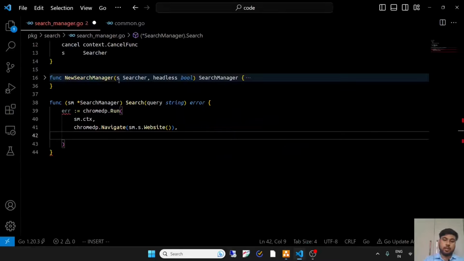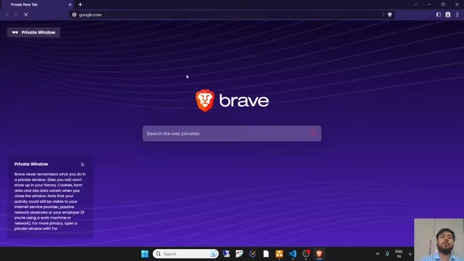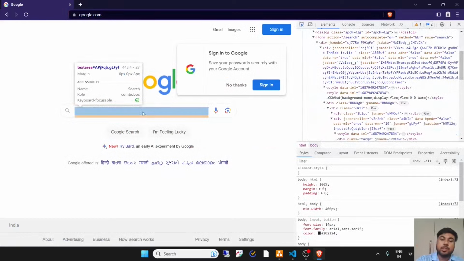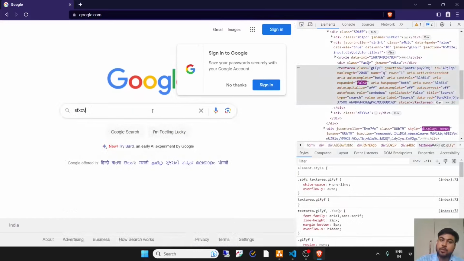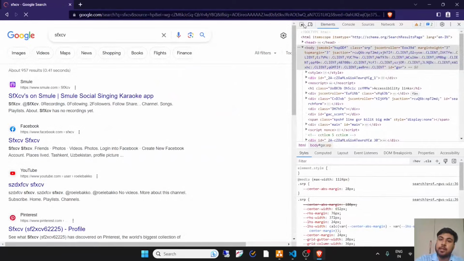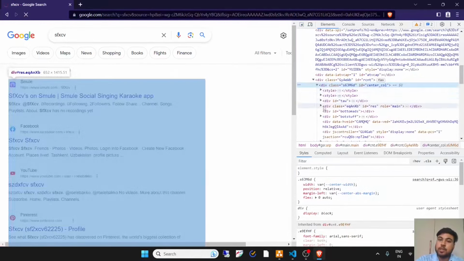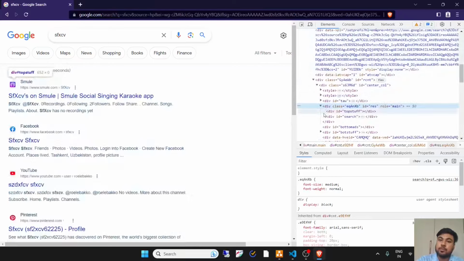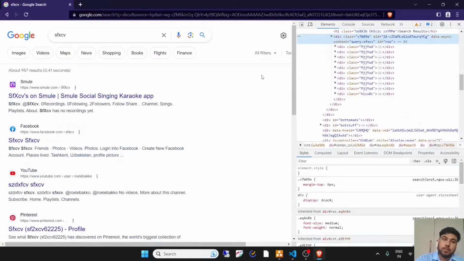I'll just show you a demo of the website. Let's say we want to perform an automated search on Google. First it will go into this website, then it will click on this search box, and then it will type the query, then it will press enter, and that will lead us to the result page. And here we'll just filter out the smallest div that contains the results, and then we will find the links and the titles of the results that we need. And so this is how it will work.